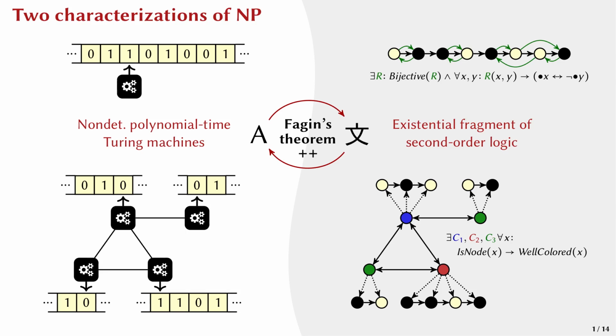So now let me repeat this in more general terms. On the left, we have a network of non-deterministic Turing machines that run in polynomial time. And on the right, we have a logical formula that starts with a block of existential quantifiers over relations, followed by a single universal quantifier over an element X, followed by a formula that is local around X. So that means that the formula talks only about X and the elements in its nearest neighborhood.